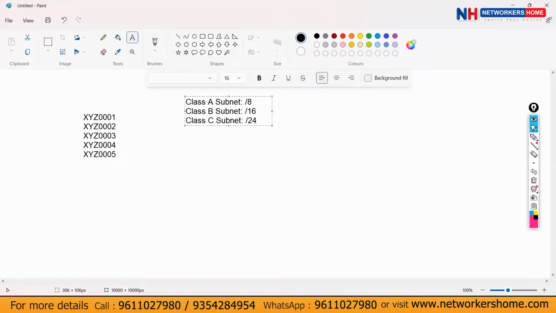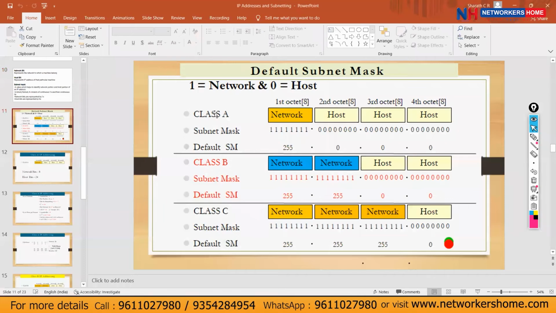Okay, look at this slide. Class A. In Class A, by default, it is /8. The default value of the Class A subnet mask is /8. What does that 8 represent? The number of ones in the subnet mask. So /8 means the first octet is completely ones, the others are all zeros.